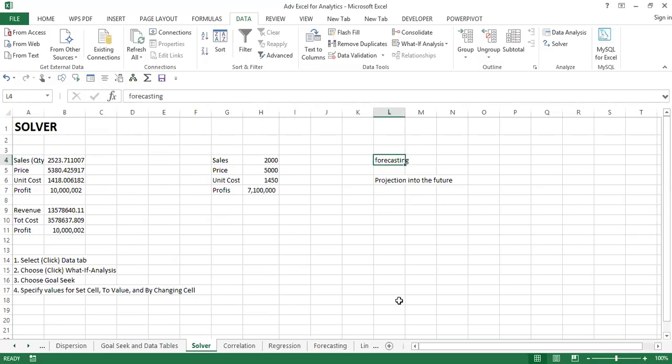I said forecasting is used for projecting into the future. But forecasting must not be mistaken for, well, we could say forecasting is prediction, predicting the future, we could say that, if we like. But the term prediction, initially, that word prediction